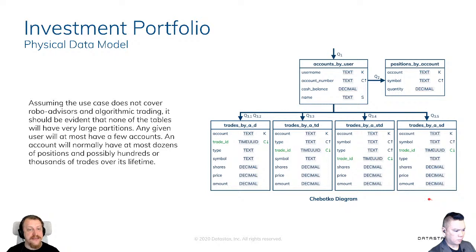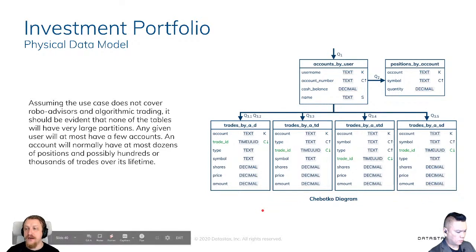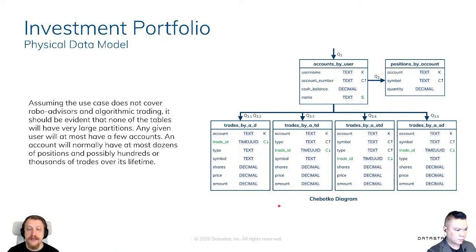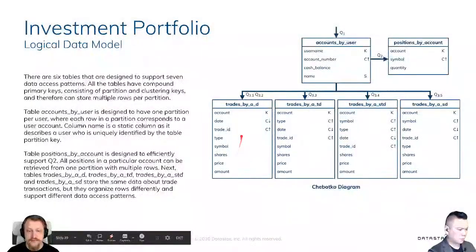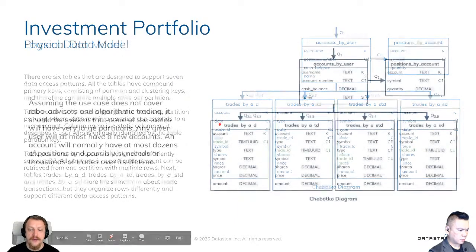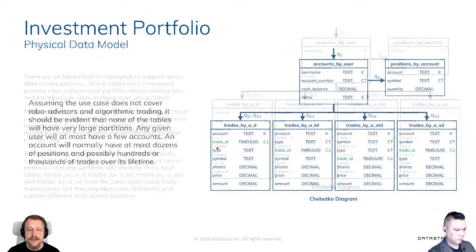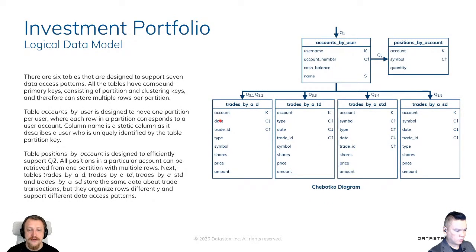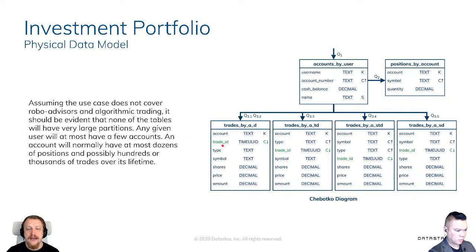And getting to physical data model, that looks mostly like logical. We put only one optimization here. Instead of specifying date like it was before, I will use trade ID. So take a look. Before it was account, date, and trade ID. Now I put optimization on that. I remove date, and I have only trade ID with type time UUID. And that's a very great type of data in Cassandra, a very convenient one.